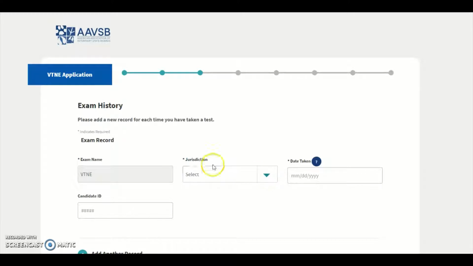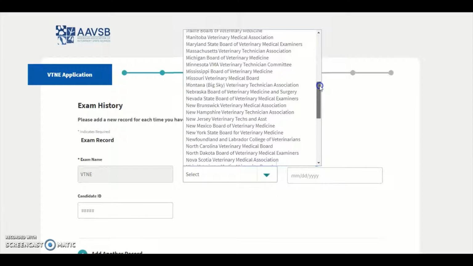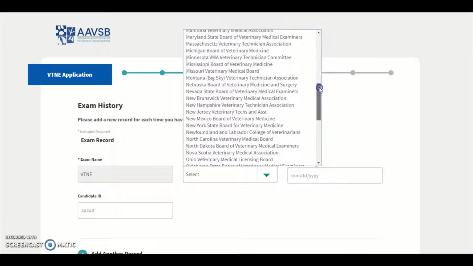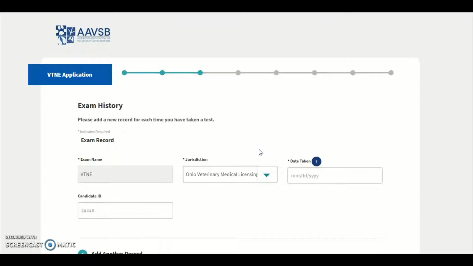Exam history. The test name shows up automatically, VTNE. The jurisdiction is the state in which you want to be licensed. So you can select either the Michigan Board of Veterinary Medicine right here, or you can select Ohio Veterinary Medical Licensing Board. At this time, you can only select one. If you want to be registered or licensed in more than one state, you'll need to do that after you